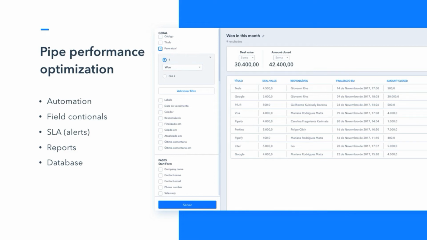The reports let you select the data you want to view, so you can select which of the fields you want to view in this table. And you can also filter the information based on the phase the card is at, the value of a deal, etc. You can also save your reports to view them whenever you need and use them to export information